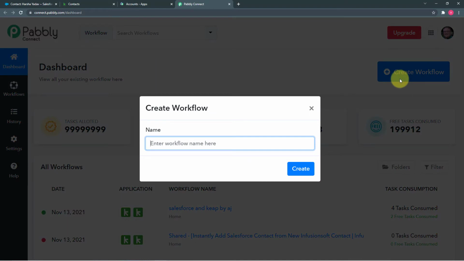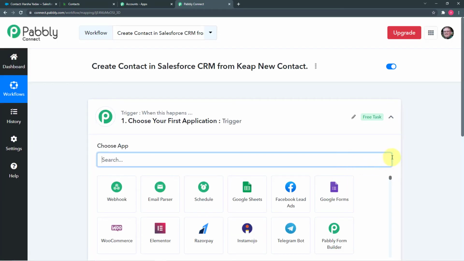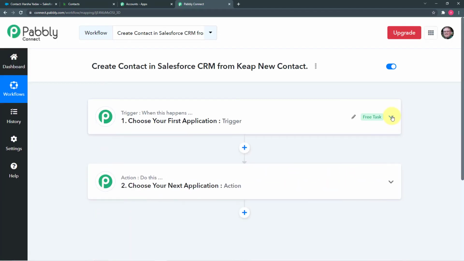And here you have to give any relevant name to your workflow. So let me fill the name here. I have filled the name as create contact in Salesforce CRM from Keap new contact. Okay, now click on create here